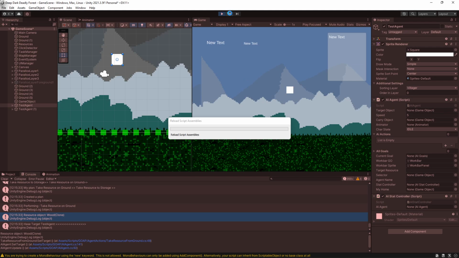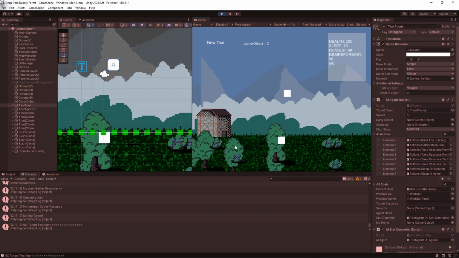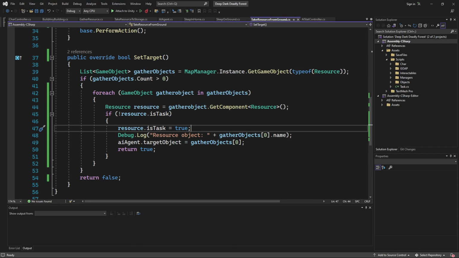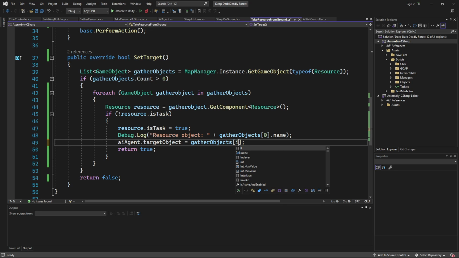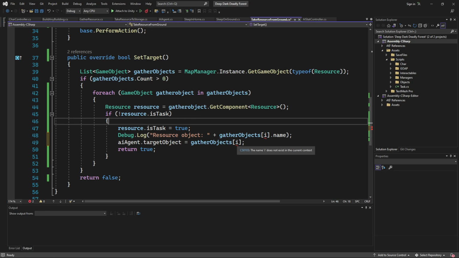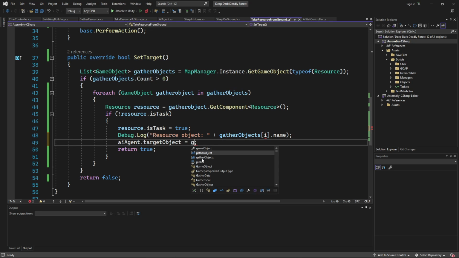See, if someone's already set that target. All right, here's why. Right here, we need this to be I. It was always just grabbing the first one. Actually, not I. It needs to be gather object.